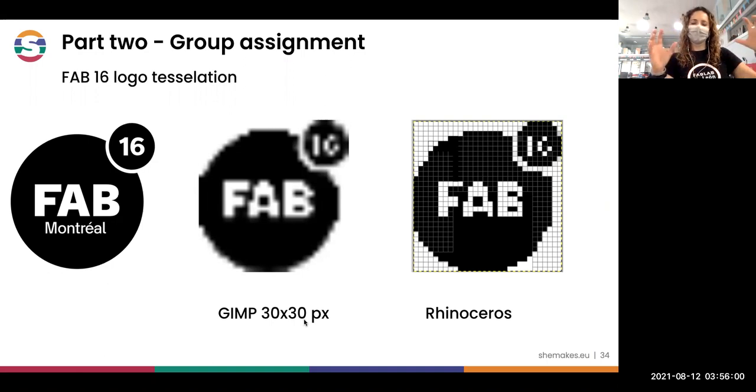If we want 30 by 30, if we want 30 pieces of this garment, we will try to make like a curtain. I will post some pictures at the end of the workshop, and you can put the settings in GIMP for the canvas. You can set it to 30 pixels, and on the right, you can see the logo of the Fab 16. You cannot see Montreal. It's a pity, but it's not possible because the pieces we are using are like that.